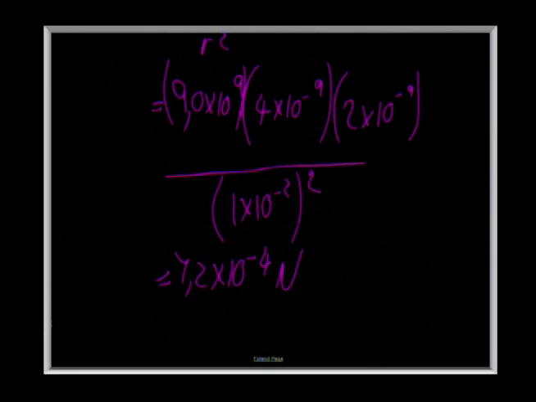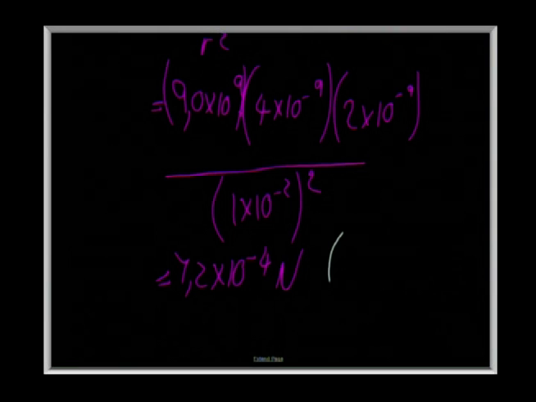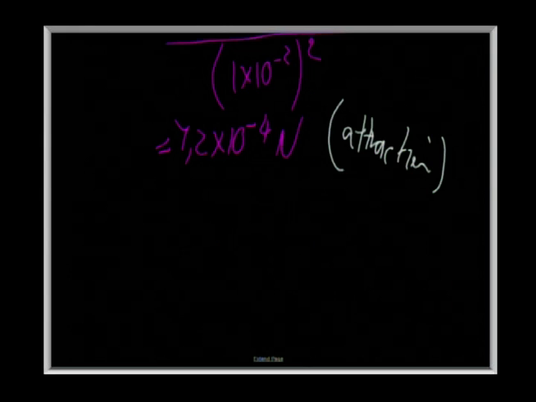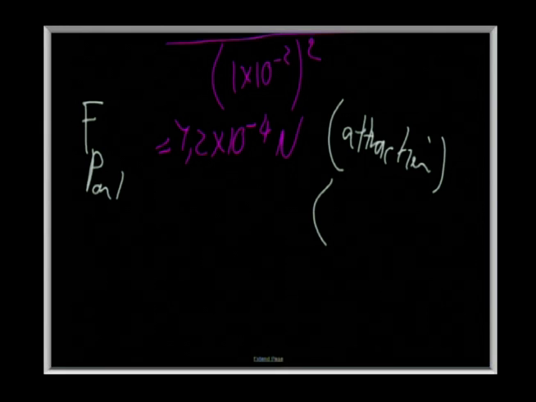So if we weren't dealing with magnitude, this is not required for this particular answer, but we would say not just attraction, although attraction would be accepted, but I think you need to go further than that. You need to say the force of P on T would be towards